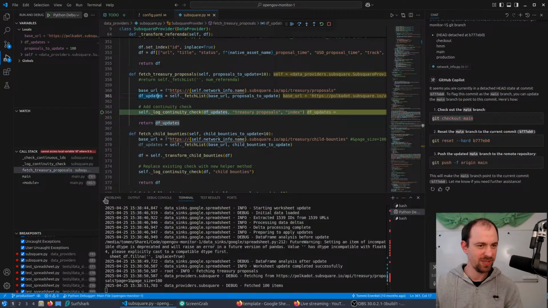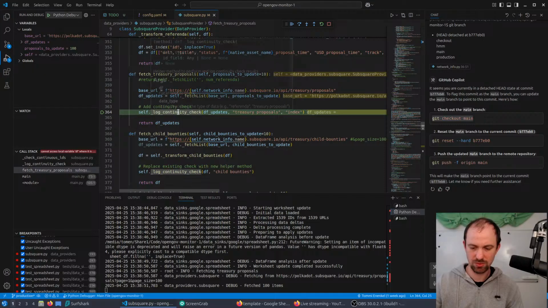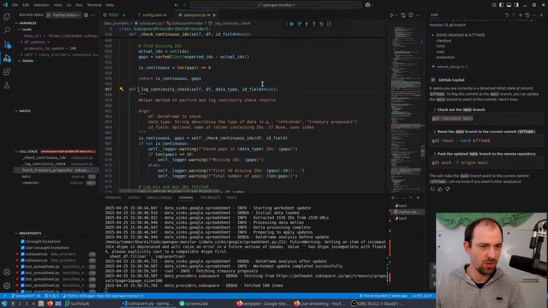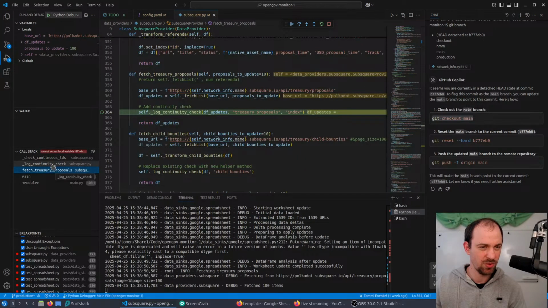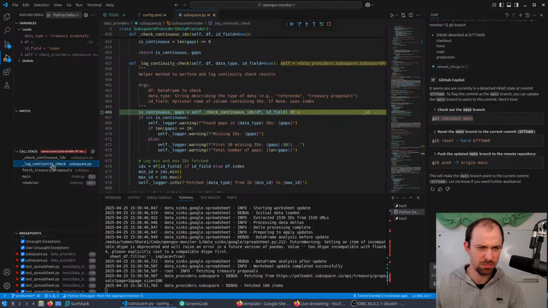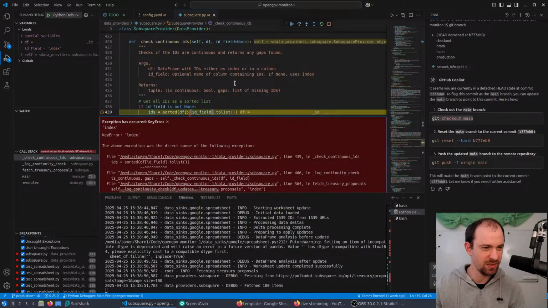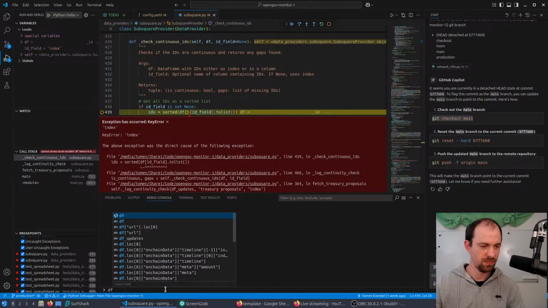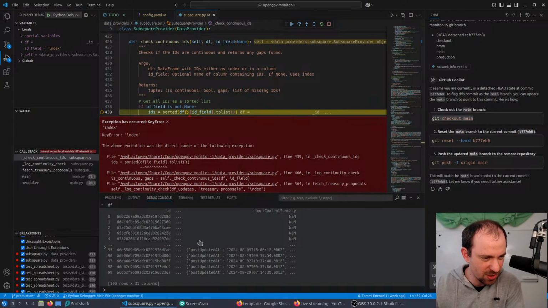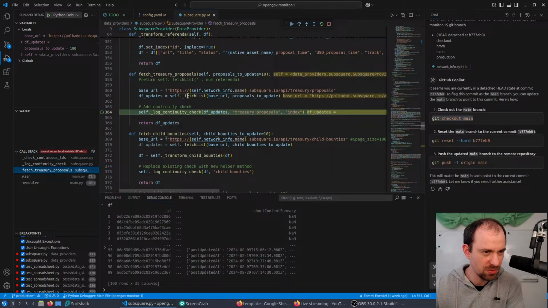Okay, so we get df updates and we're telling it to do the continuity check on an ID field. Treasury proposals. On the index field. Okay. This must have been an oversight, so I did not check something properly. It has underscore ID. Interesting. Underscore ID looks like I might have